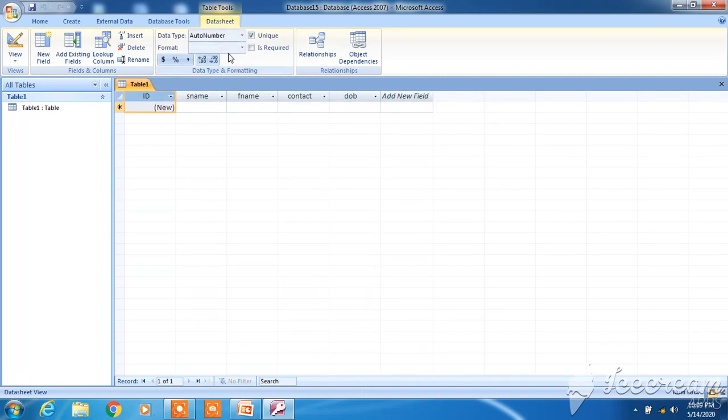Here the data type is auto number. MS Access will automatically assign the number. And see, unique is checked. That means it is unique. It will add a unique value. Primary key. S name data type is text. F name data type is also text. Contact number data type should be number, okay, and date of birth data type should be date and time. This type of data. If you select another data type, you will not be able to enter the